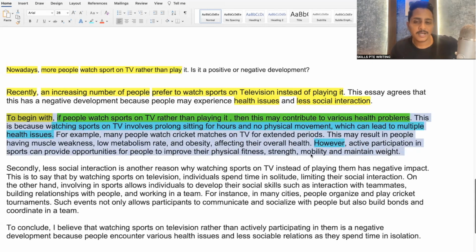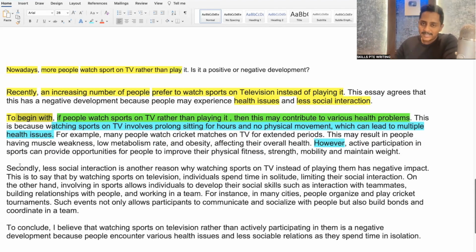Any doubts? Now the next line, less social interaction. For this also, she has to say, if they don't play, what is going to happen? They don't talk with people, become psychologically distressed. They don't have many friends. But if they actually go to the field and play, they can make a lot of friends and lead a good life. Both the things you need to write. Let's see. To begin with, over now. Secondly,